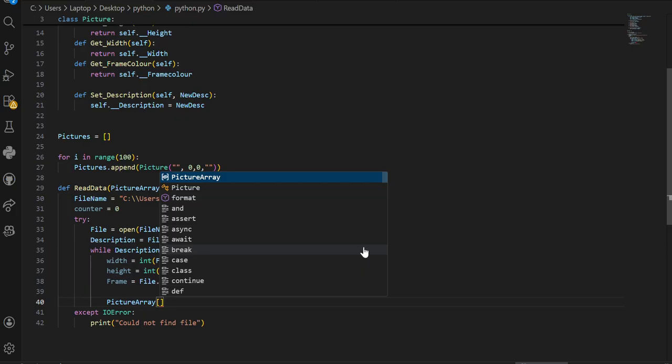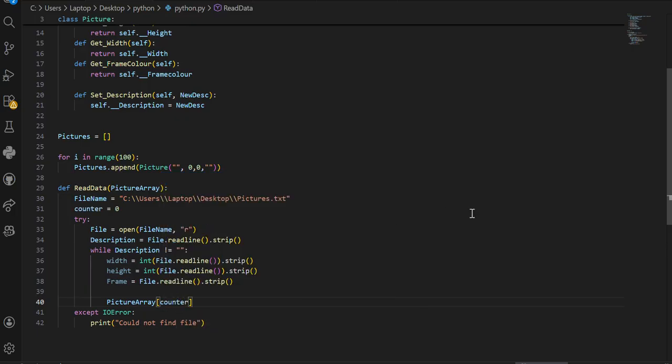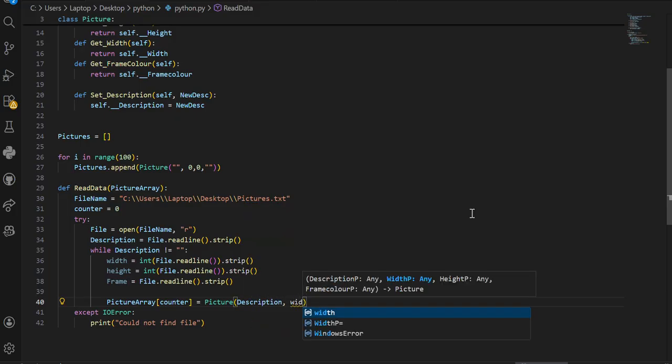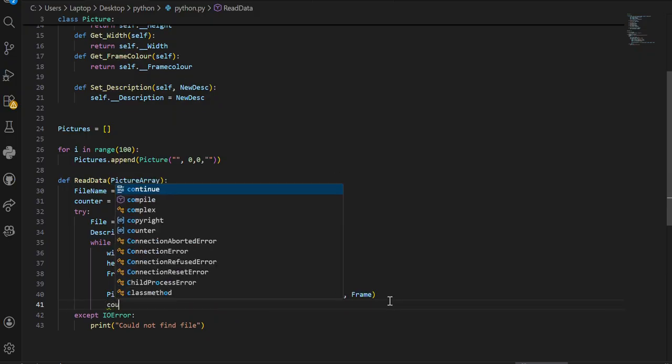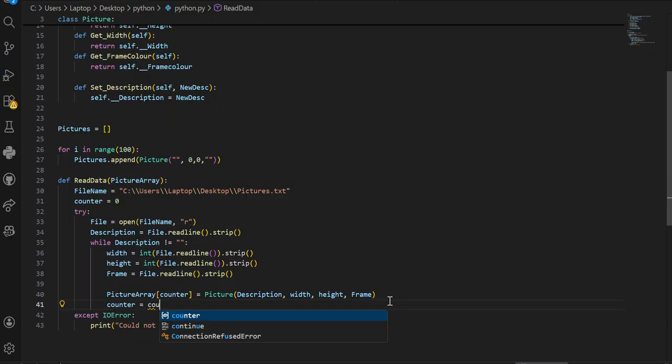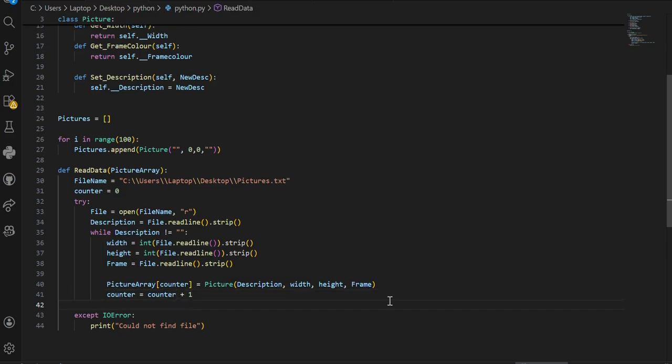I'm going to take here a counter, the counter that was given above. And then I'm going to add this. In description, we'll get description. In width, we'll get our width, height, and frame. So now this will be added to the array, and then I will increment the counter, and then I will change the value of description to